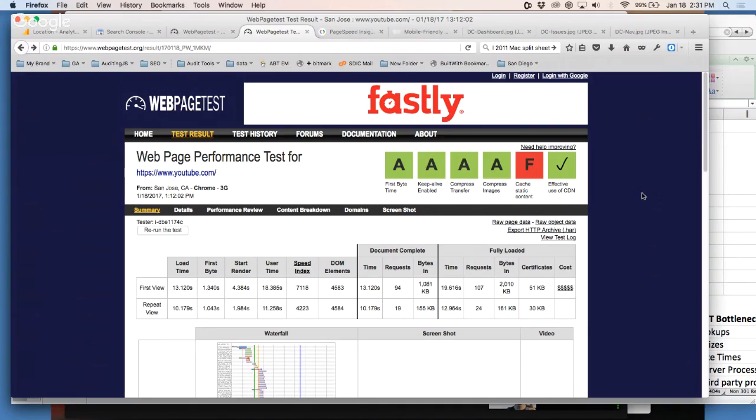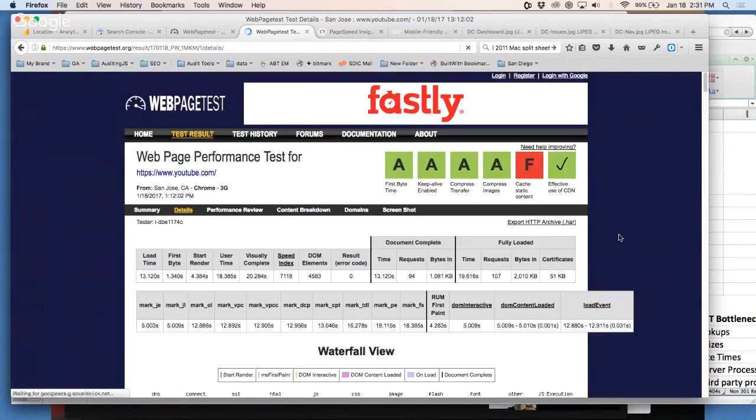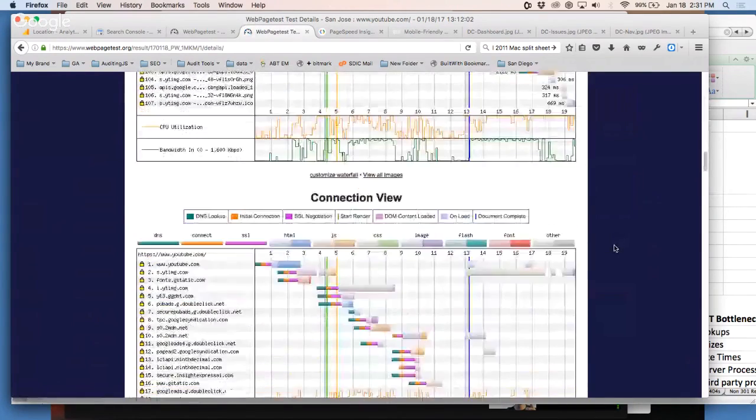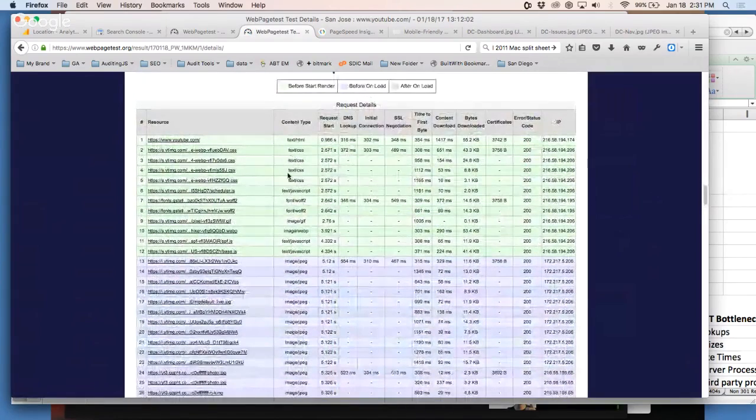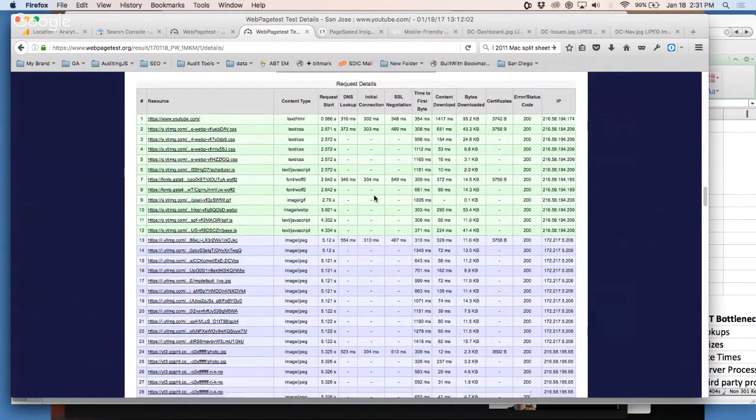But just generally speaking, for page speed, WebPageTest is really good because it breaks things down granularly, right? You can go to the details report, and the details report shows you every element on the particular page you're testing and the speed it took for each point in that communication process for that one element.